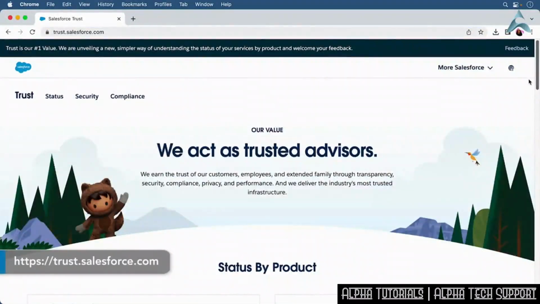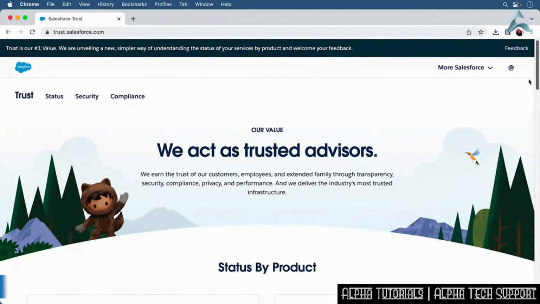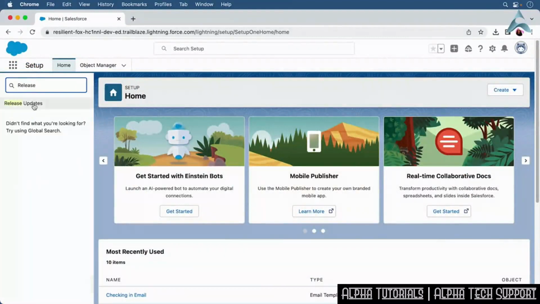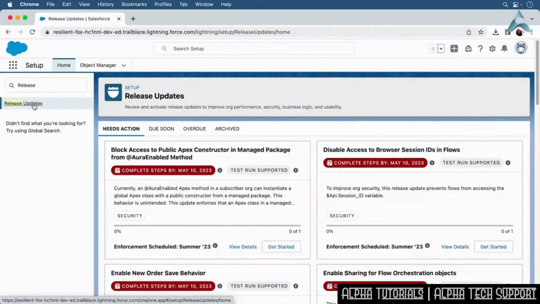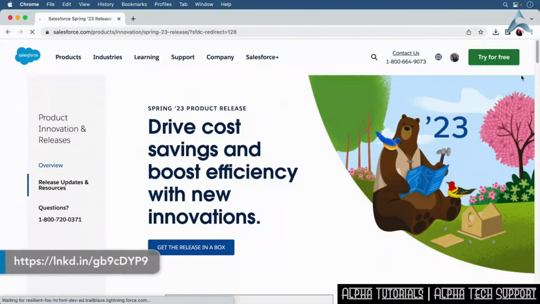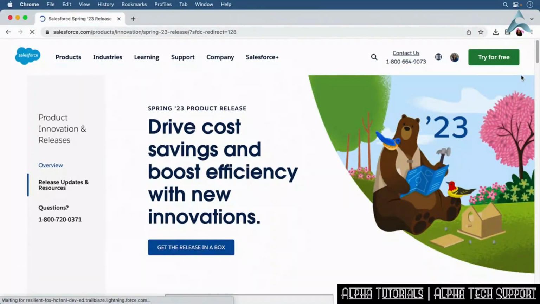You can find out further information if your instance is ready at least a year in advance by logging in and reviewing the Salesforce Services maintenances on the Salesforce Trust page. You can also go to your current instance in Setup, then search for Release Updates in the left search bar. In preparation for releases, you can also check out salesforce.com/releases to learn more about the upcoming releases and review the